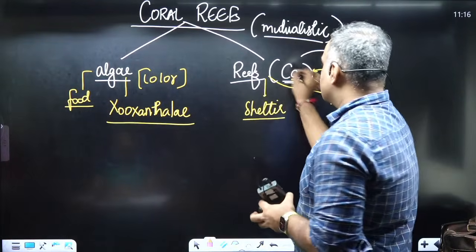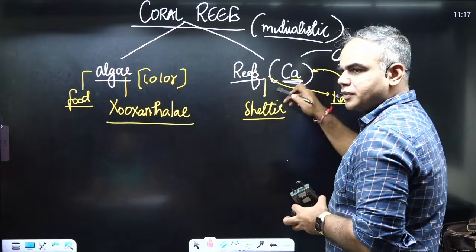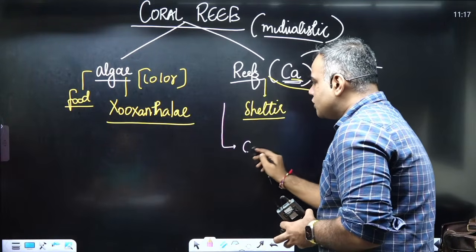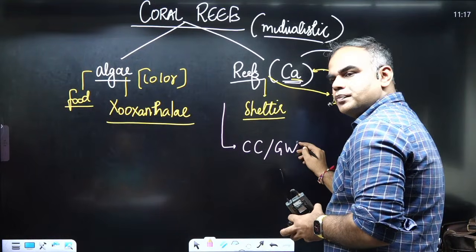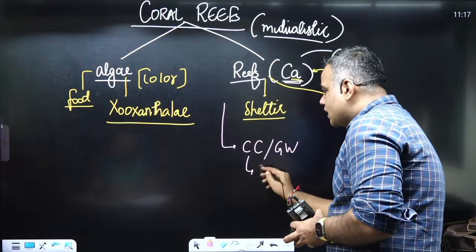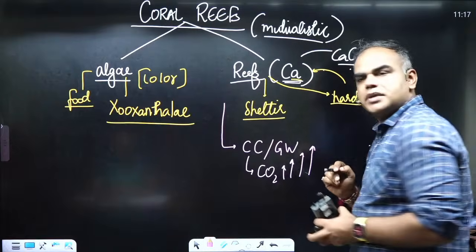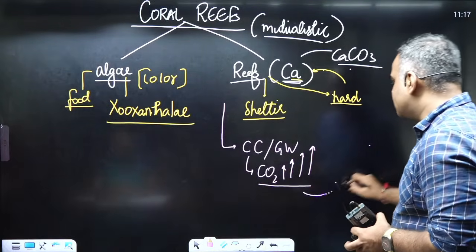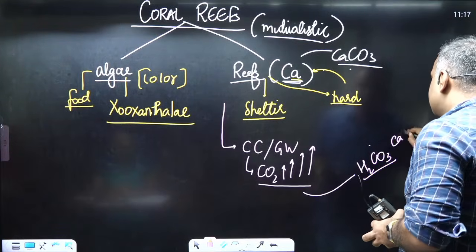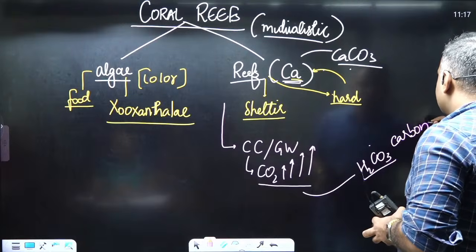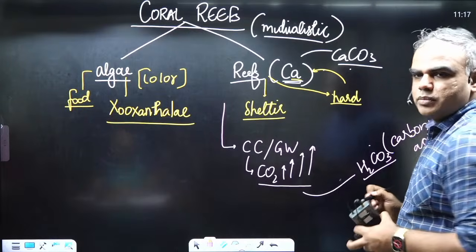Now, you need calcium available from calcium carbonate. Now, we also know climate change is happening. We also know there is global warming going on. With climate change and global warming, the carbon dioxide levels are increasing rapidly. ठीक? Carbon dioxide, when it mixes with water, makes carbonic acid. You don't have to remember all these chemical reactions. इतना simple याद रखो, ठीक?